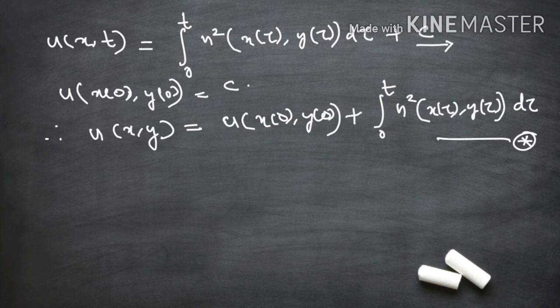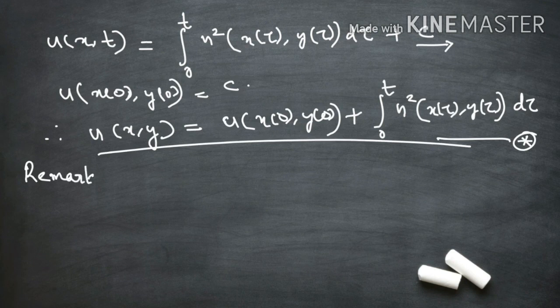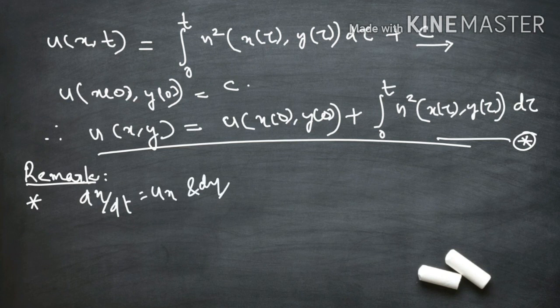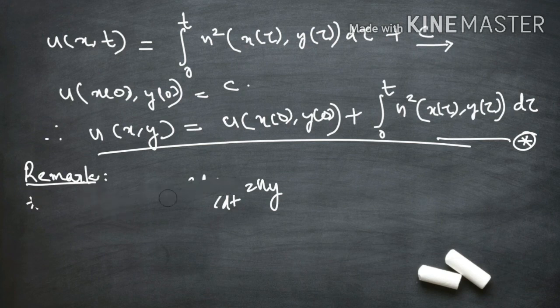And before moving to the specific examples, we will clarify an important thing about the solutions. We can call it a remark. The first one is that the original equation involves derivatives of u that are not known at this stage. We know that when we write the characteristics, we have dx by dt is equal to ux and dy by dt is equal to uy. But ux and uy are actually the partial derivatives of the unknown function.